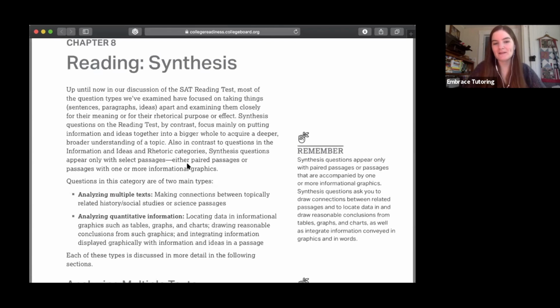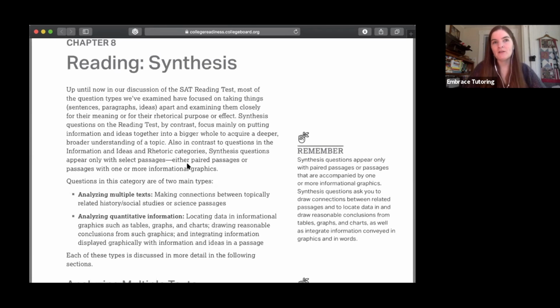Okay, so the actual synthesis type questions that they're classifying as a separate question type are really looking at data, looking at graphics like tables, charts, graphs, making conclusions, deducing information, examining it, breaking it down, analyzing it, assessing it, all those kinds of applicable terms to help you understand what the data is, why it's there, how the author's using it in particular,